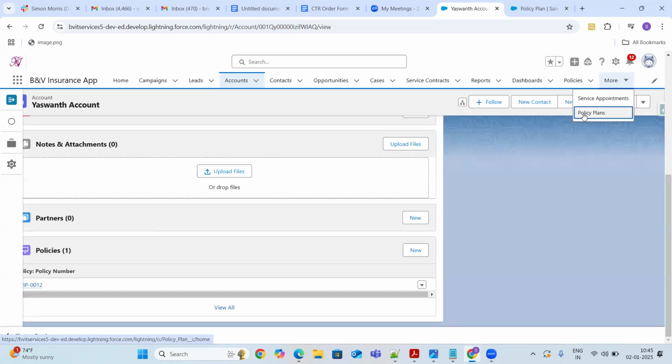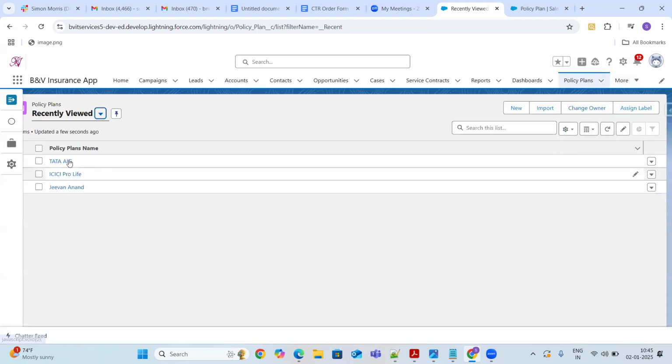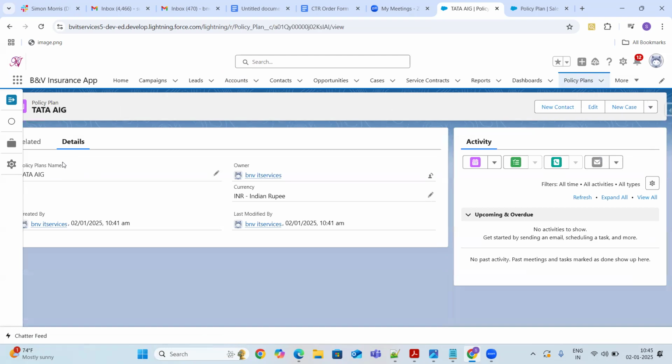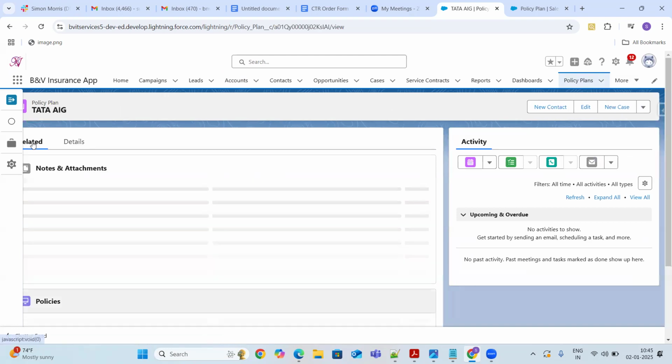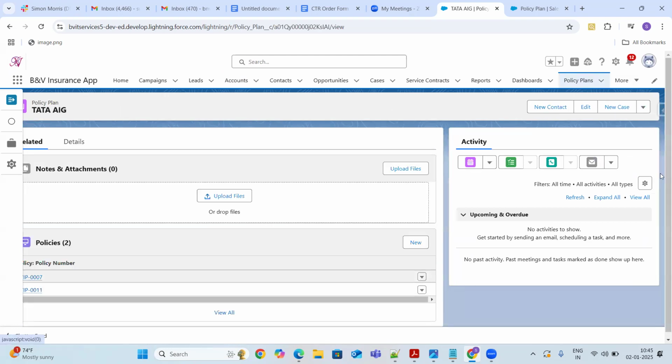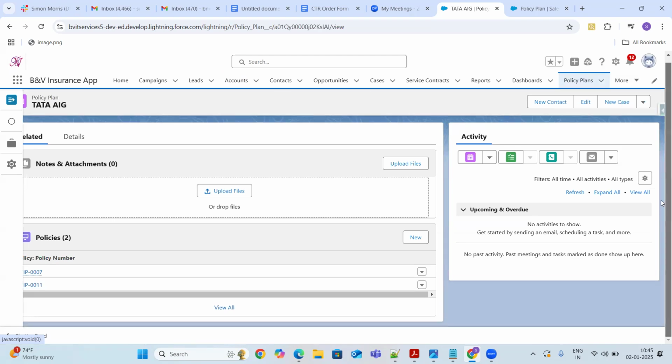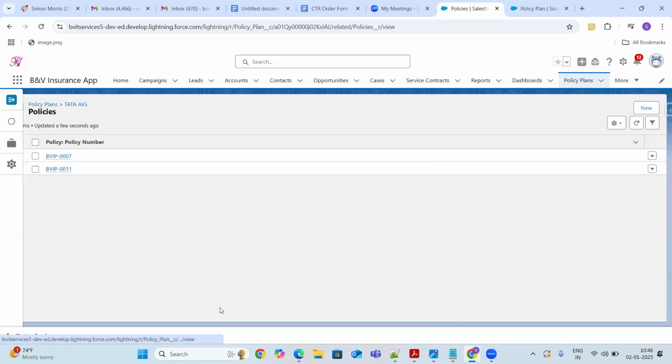And the same way, if I go to the policy plans, and if I open up any of the plans, here also again I can see the policies. Like this is the related list, guys.